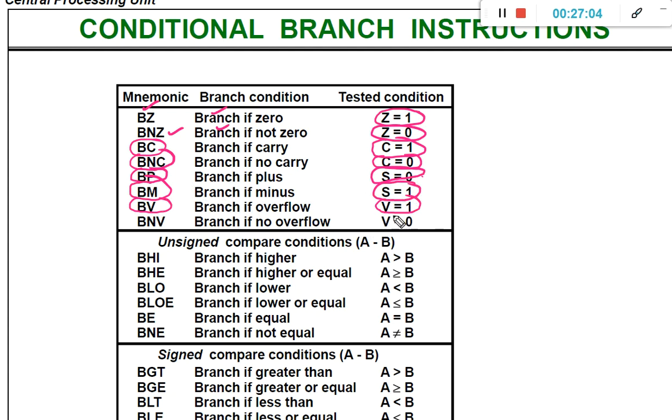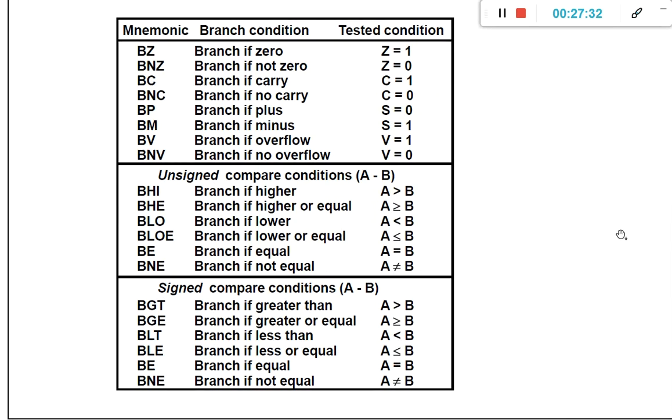Branch if no overflow, if V is equal to 0, then perform the branch, represented as BNV. So based on the status word values, we determine whether to perform the branch or not. Similarly, based on the compare conditions also, we are going to perform the branch.